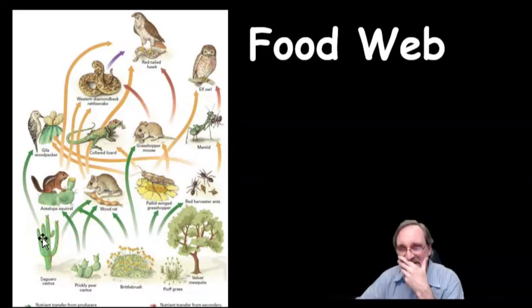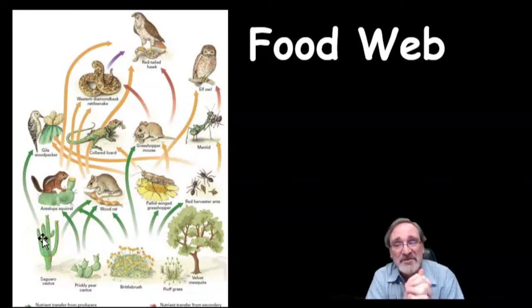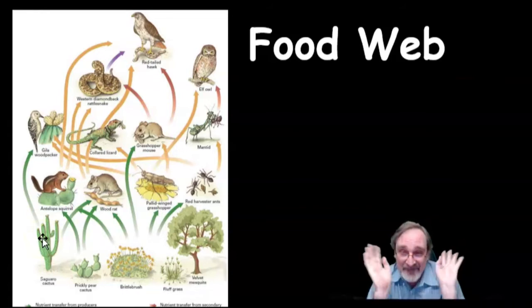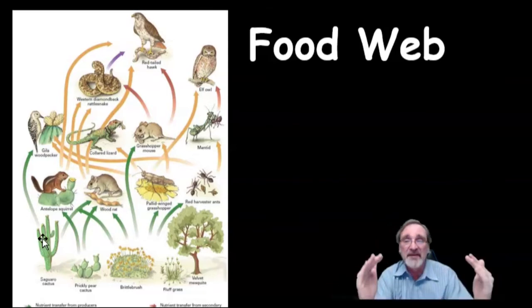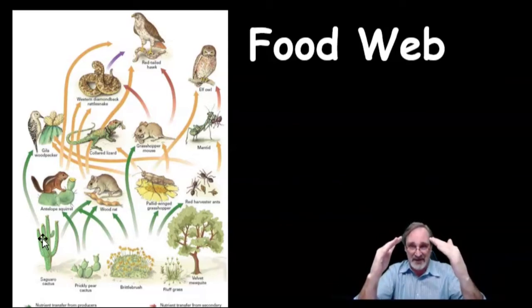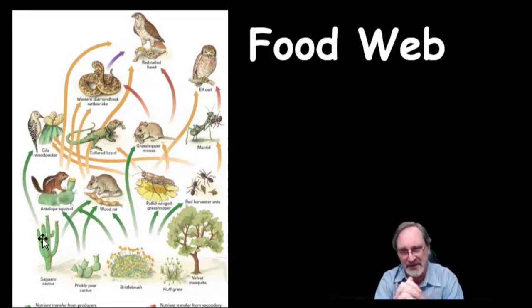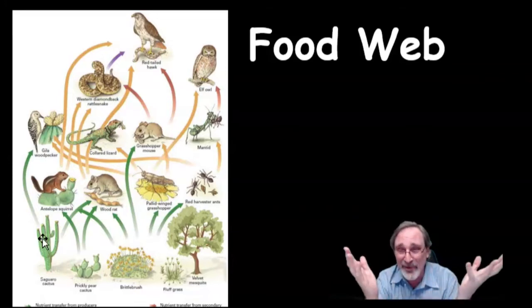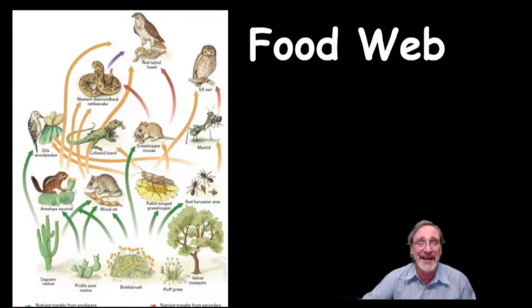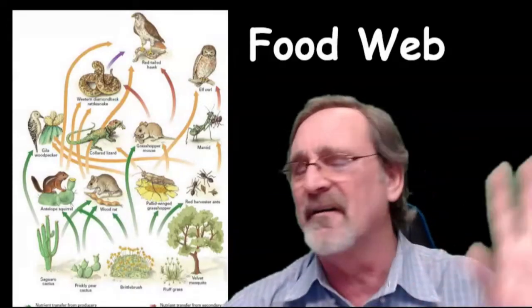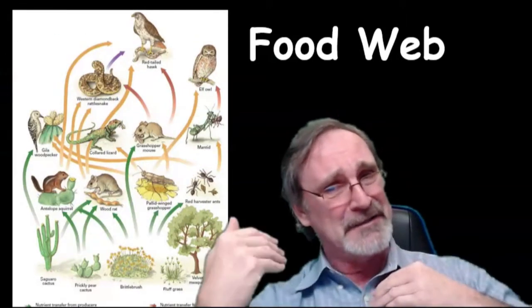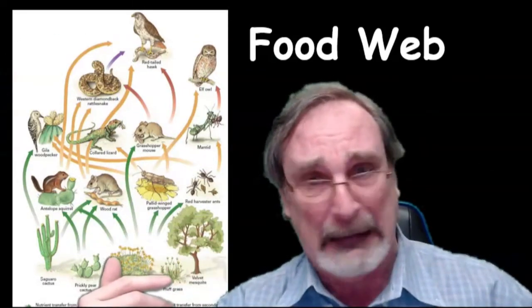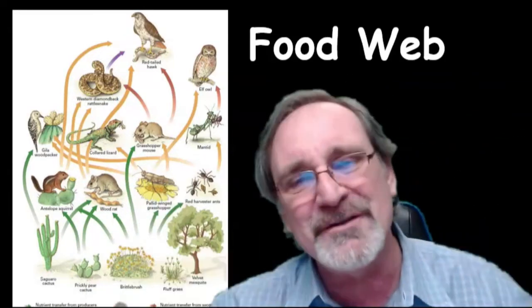And so here's something else that happens with each of these trophic levels. You have to have a lot more producers. You've got to have a lot more things at the bottom level than you have in the level above it, right? Because this is the flow of energy. And at each level, the living organism is using the energy. It's not just a matter of, oh, all the energy I eat is enclosed in my body and is going to be consumed by something that eats me. That isn't right, because you're using the energy.